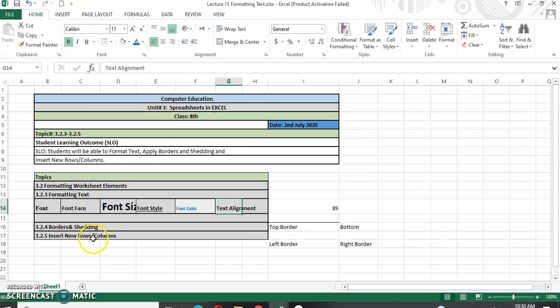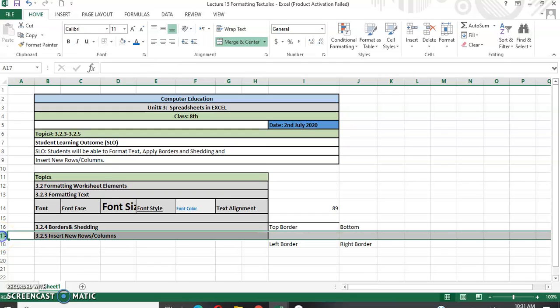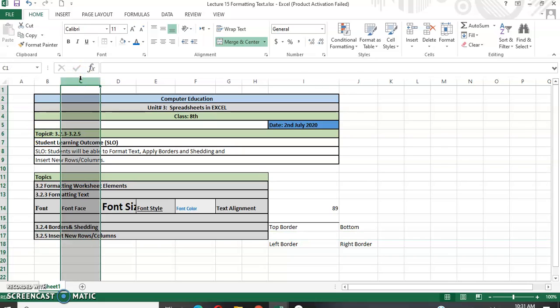Now we are moving to the next option, that is insert new row or column. This is our next topic. How will we insert a blank row or blank column in a worksheet? For this purpose, you have to select your row selector box or column selector box as we have discussed earlier in lecture.